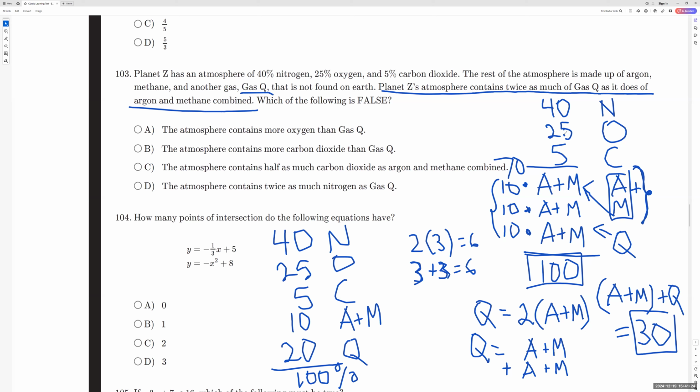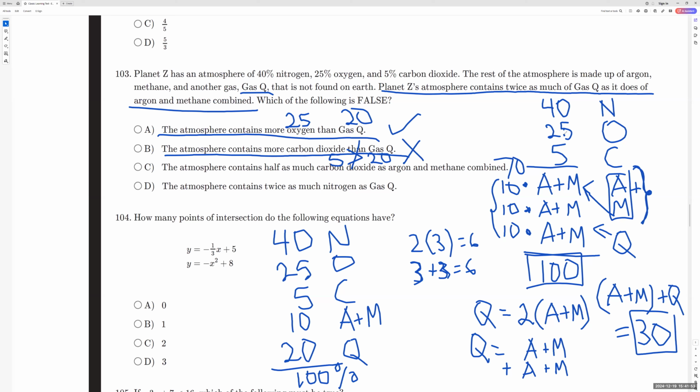Okay, so now the atmosphere contains more oxygen at 25 than gas Q at 20. That is correct. Okay, the atmosphere contains more carbon dioxide, which is 5, than gas Q, which is 20. No, that's not greater than, so no,